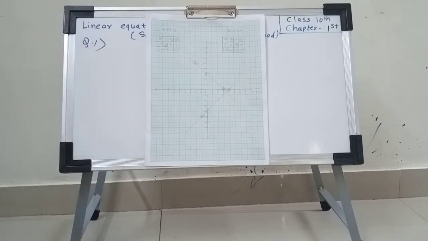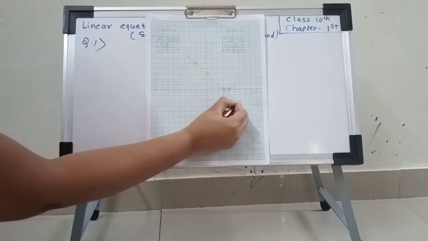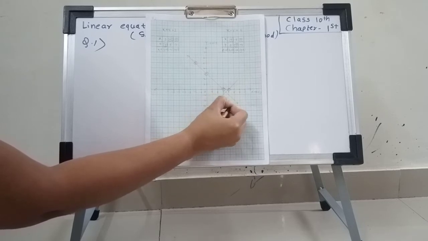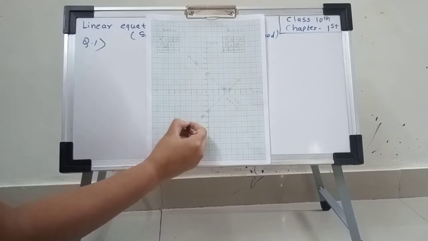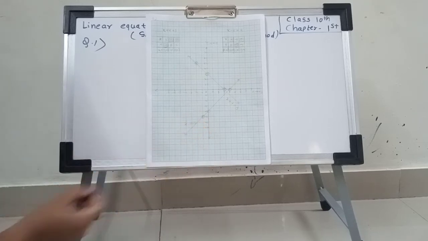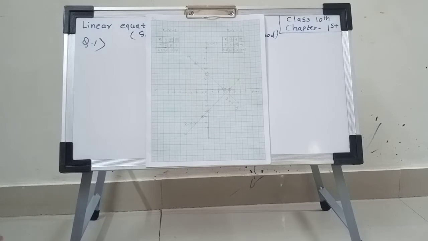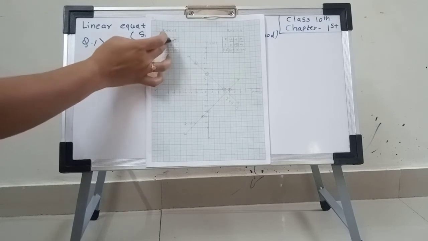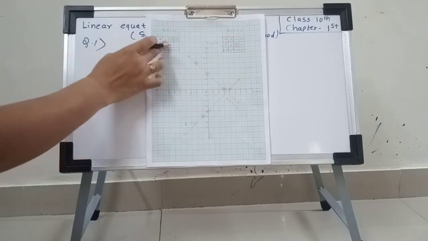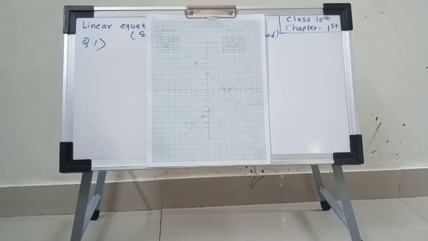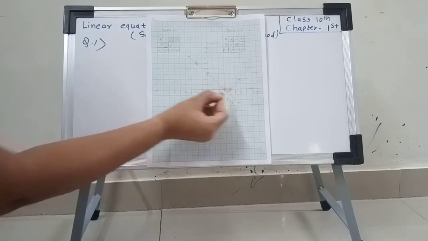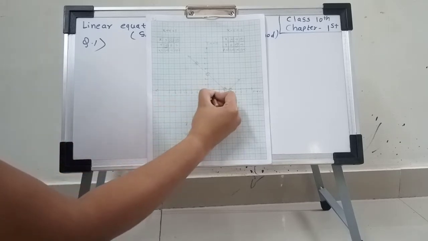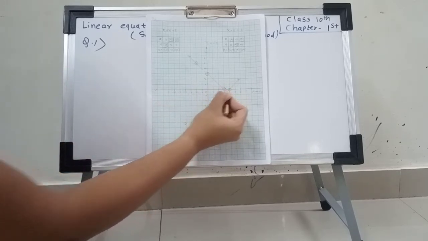Okay. Now this line equation is x plus y is equal to 3, and for this line the equation is x minus y is equal to 4. Now how to find the solution? We first find the values for x and y, and for x and y we plot the points. For both equations we plot points. Now here both the lines touch at a point on the x-axis and on the y-axis.